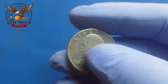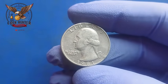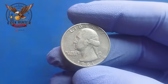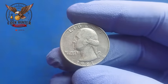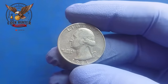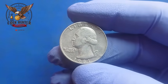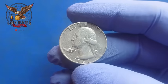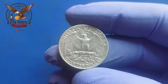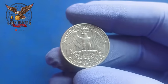And if you find anything that seems unusual, get that coin authenticated immediately because you might have just discovered one of the most valuable coins in existence. Even examples in low grade, even those that have circulated heavily, are worth millions upon millions of dollars because the rarity trumps everything else. What makes the 1981 P triple error quarter so emotionally powerful isn't just its value or